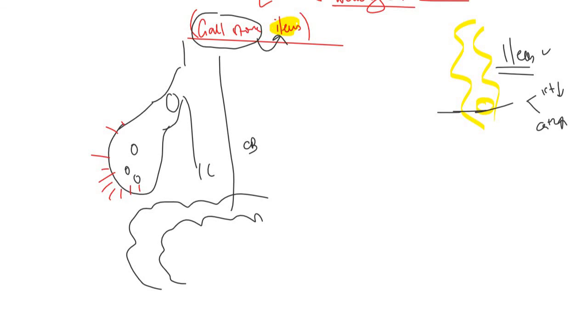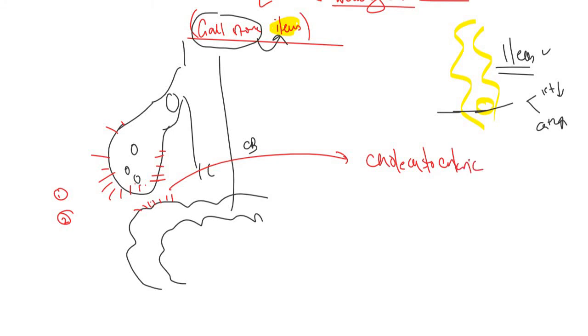As a result of the inflammation, the wall of the GB will weaken, and there will be a spread of that infection and inflammation to the adjacent bowel. So both the GB and the segment of the bowel will be inflamed, and there will be formation of a fistula, or a communication, between the gallbladder and the bowel segment, which is called